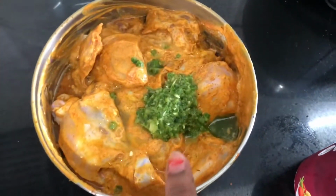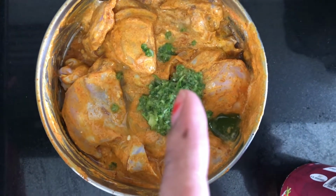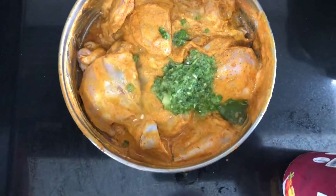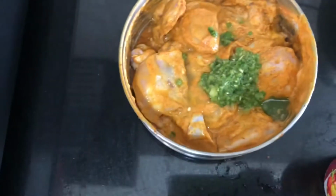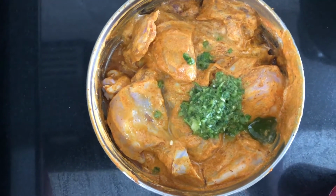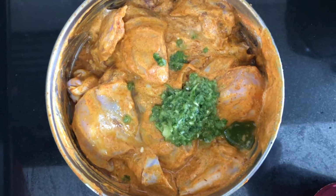In the marination, I have taken this green chili, coriander, ginger and garlic paste. This is almost 2 tablespoons. And for the marination process, I have made use of curd, this peri peri masala, black salt, red chili powder, and a few drops of lemon. That's it. So this marination has been kept for around an hour, and now I am going to prepare this